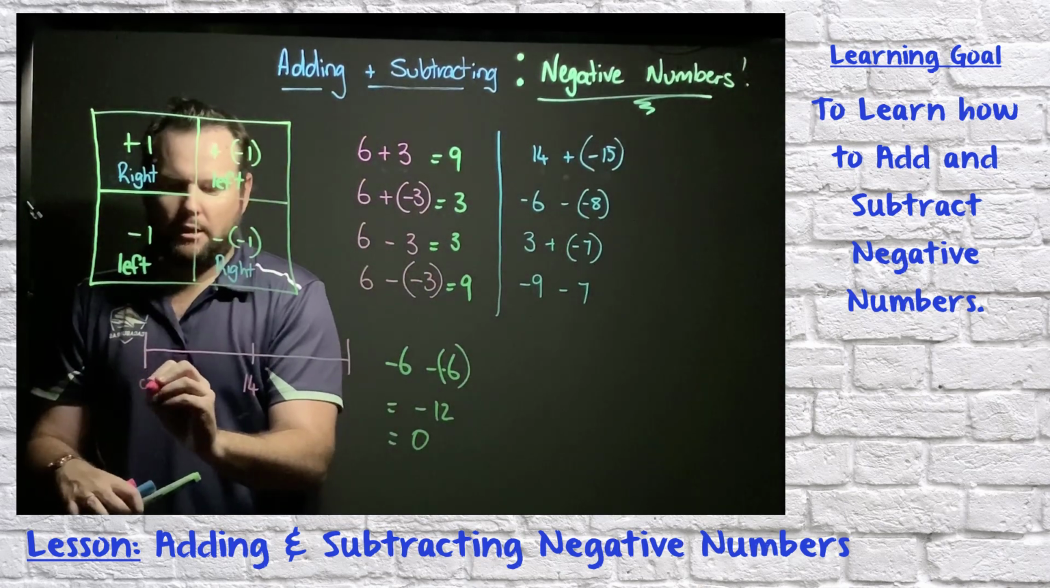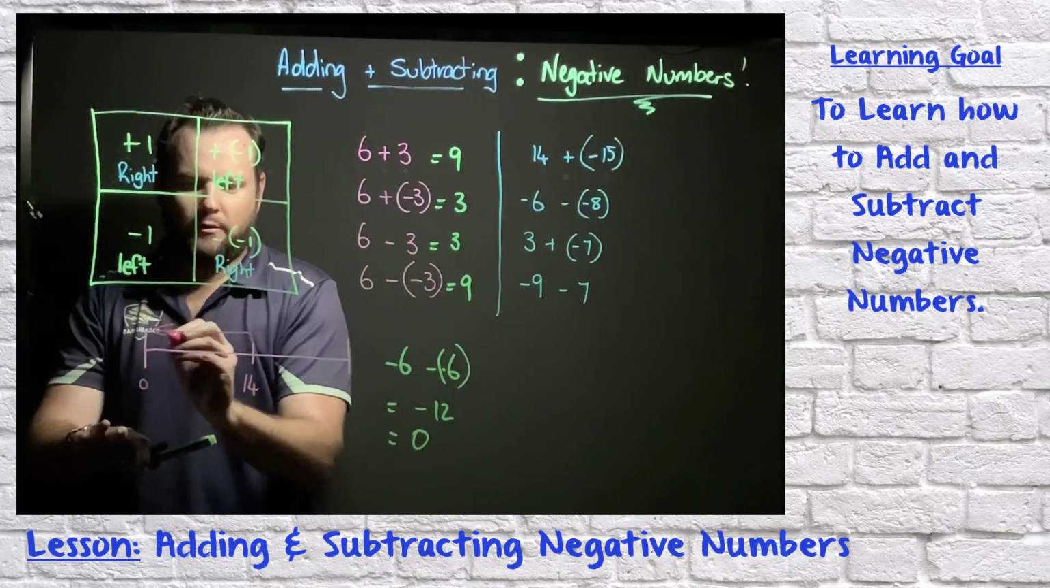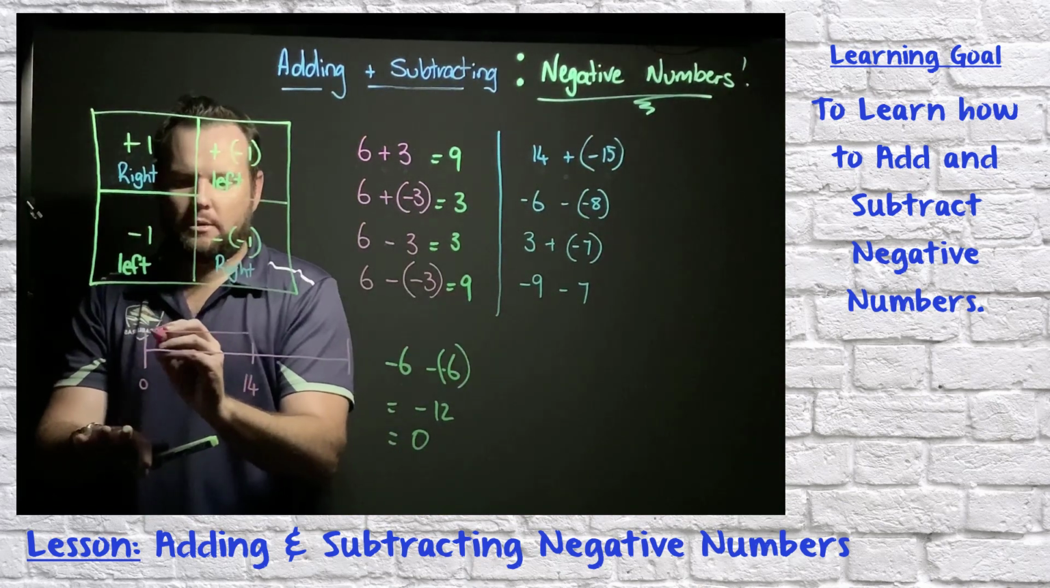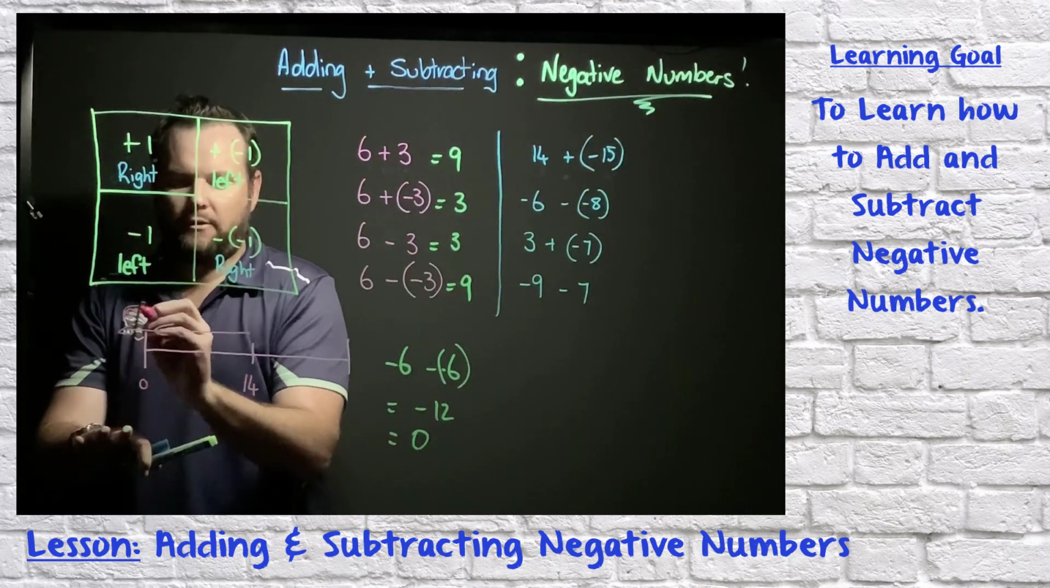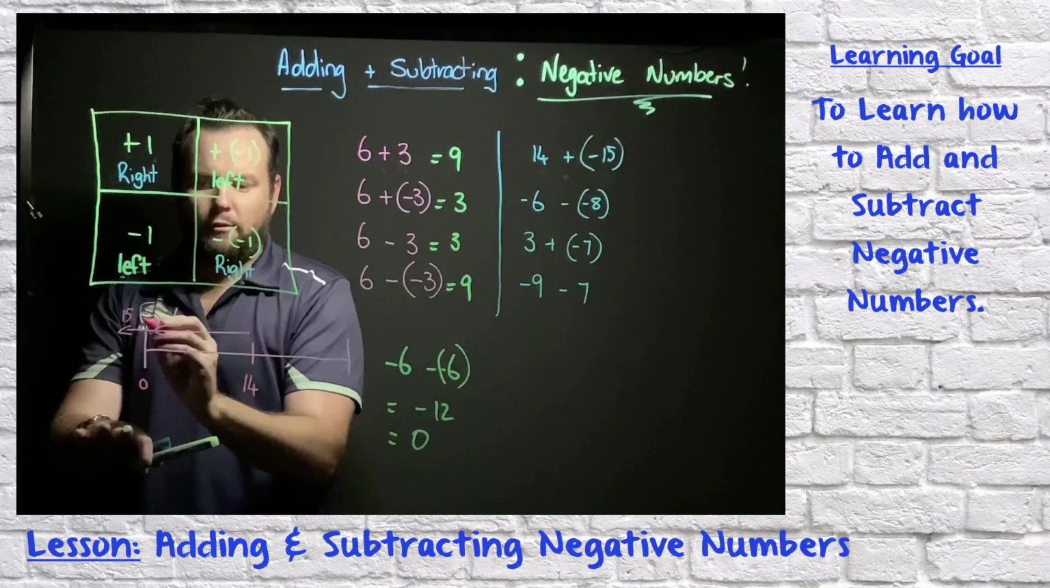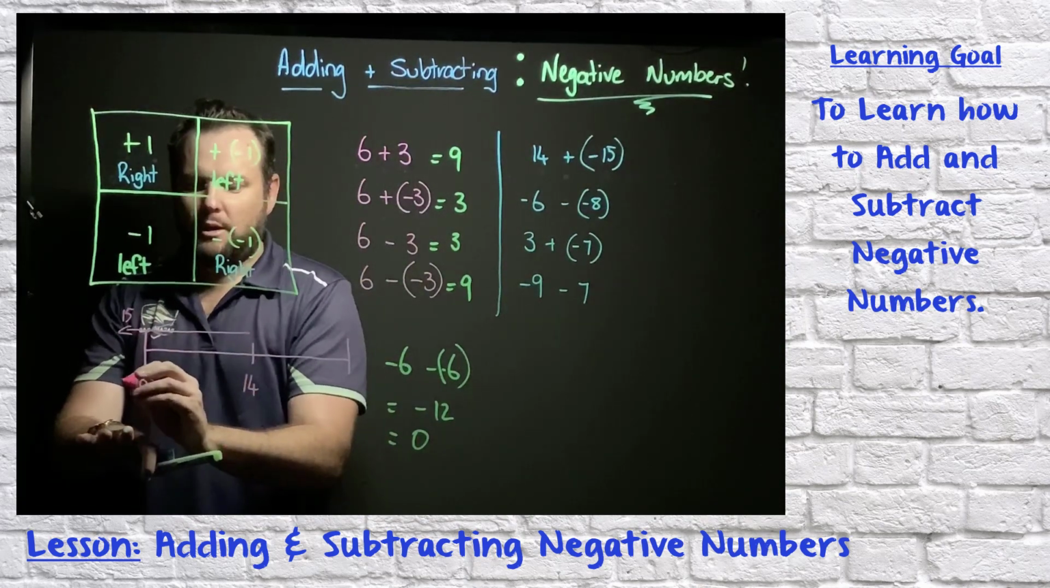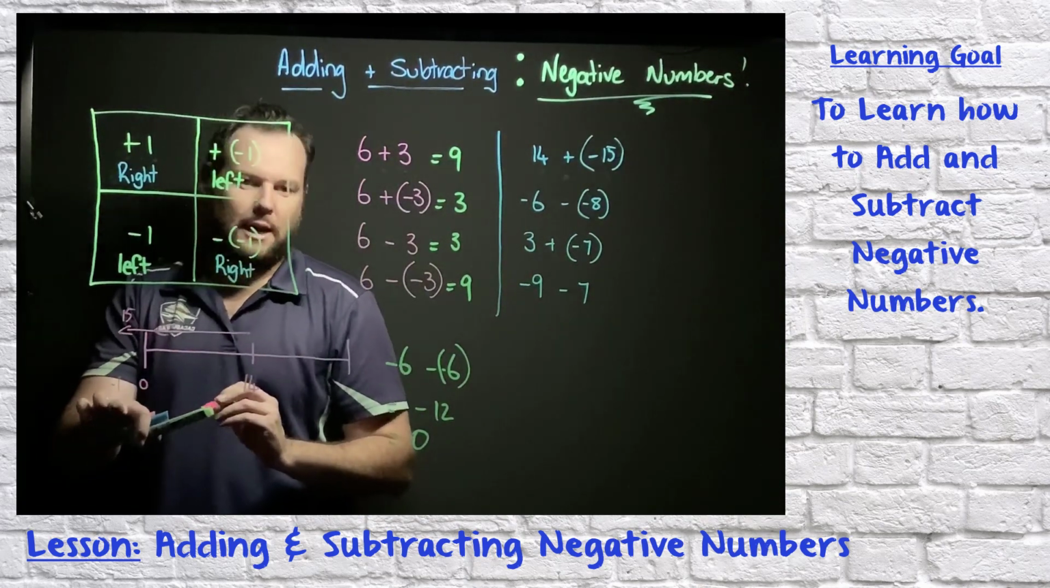Let's say 0 is here, okay? And I've got to move 15 spots, okay? So that's my 15 spots. I move 14 spots here to get to 0, and then obviously I end at -1,